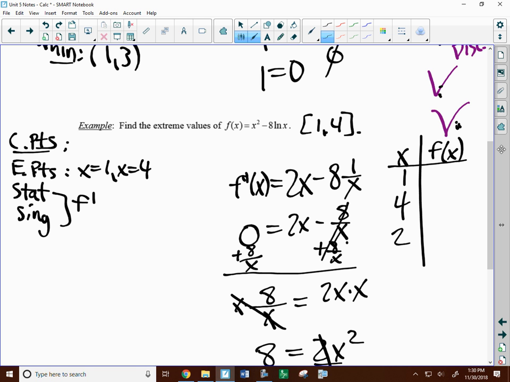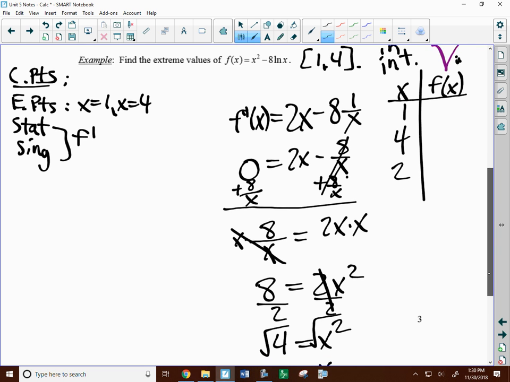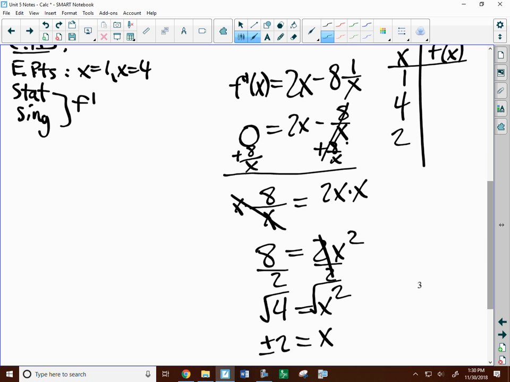Okay, so if you want to make a note, like why I'm not doing negative 2, it's not in the interval. So I'm not putting that in. Okay. Now, one other thing before I plug these values in. So I did endpoints. That was 1 and 4. I really just got where the derivative is 0. So I just got stationary points. That was 2. I do need to think about this one. Where did